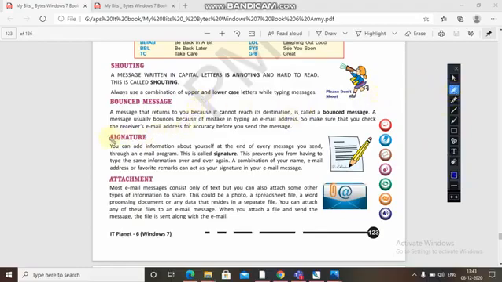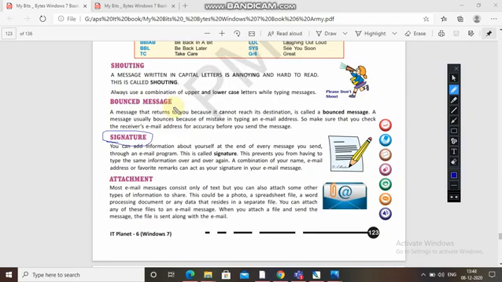Now next one is your signature. You can add information about yourself at the end of every message you send. Whatever message you are sending through email, at last you can add some details through an email program, and this is called a signature.